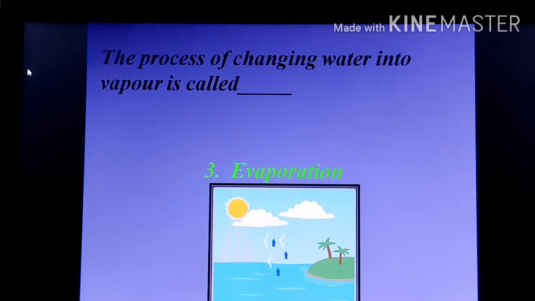It is the reverse process. Water into vapor is evaporation and vapor into water is condensation. And sublimation is the process of conversion of solid into gas directly without forming liquid. For example, if ice is directly converted into vapor, meaning steam, without the formation of the liquid form, that is water, it is called sublimation.